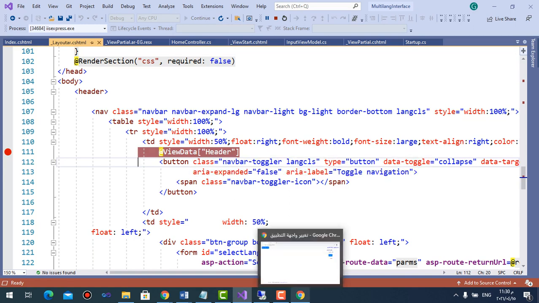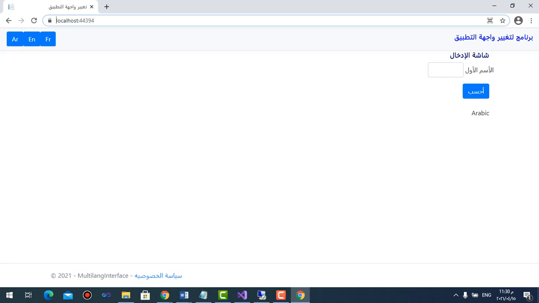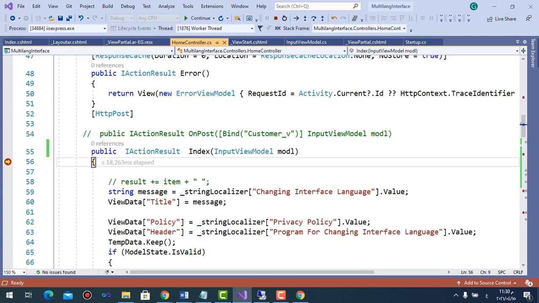I think now it is ready. It is the interface with Arabic. If I write my name in Arabic, for example, Reda, and then calculate, it will go to index post with the model